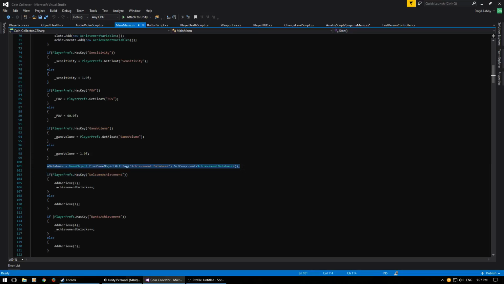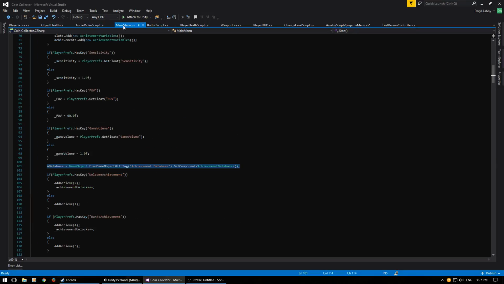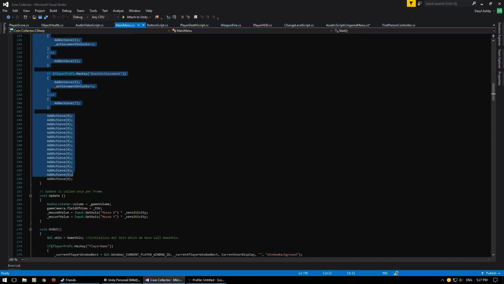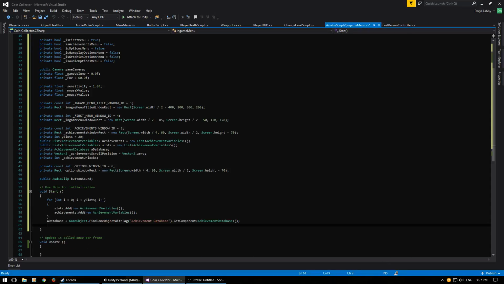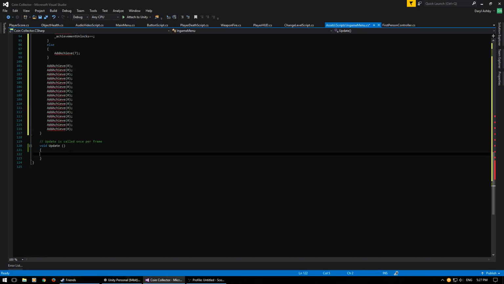We do need that though. We do need all of these achievement variables here. And then the update function,